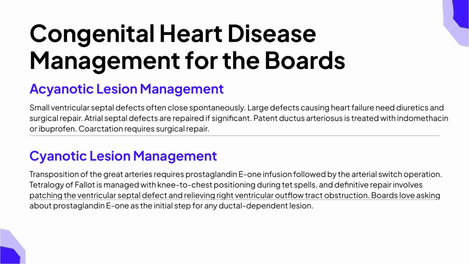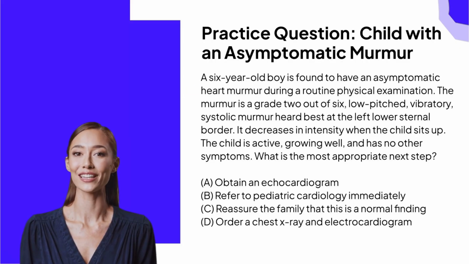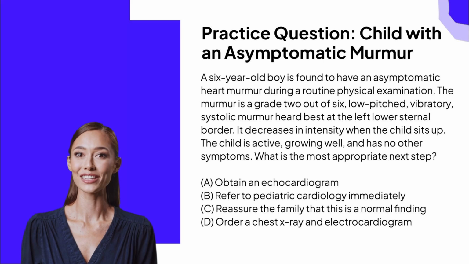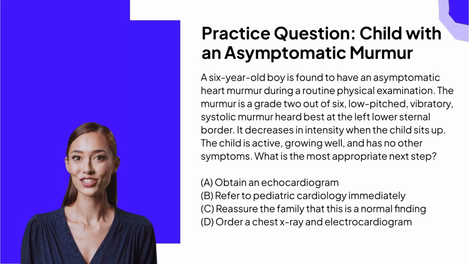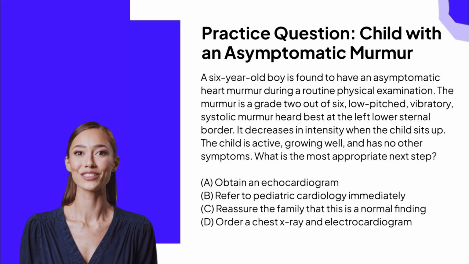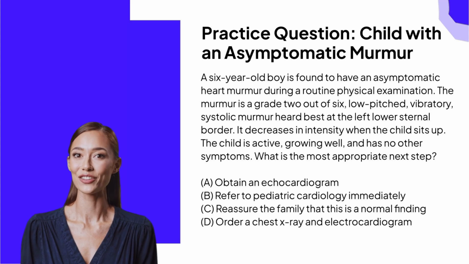Boards absolutely love asking about prostaglandin E1 as the initial step for any ductal-dependent lesion. Memorize that concept. Here is our third practice question. A 6-year-old boy is found to have an asymptomatic heart murmur during a routine physical examination. The murmur is a grade 2 out of 6, low-pitched, vibratory systolic murmur heard best at the left lower sternal